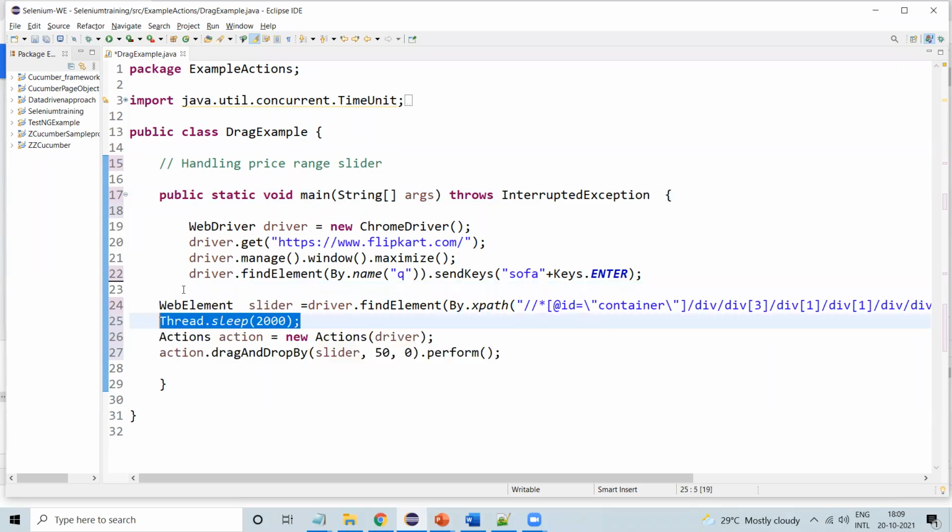Now we'll try to run this and see how it works. We initialize the driver, navigate to the website, then find the search element and enter some keywords. Then we find the element of the slider. Using the Actions class, we use the dragAndDropBy method, passing the web element over here. Now we'll check whether it is working or not.